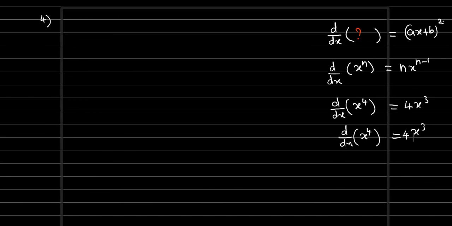So 4x cube. So we need to find out only the antiderivative of x cube, which means the 4 we need to send to the other side. The same way we are going to proceed with this one. But here we have ax plus b, right? So we know that